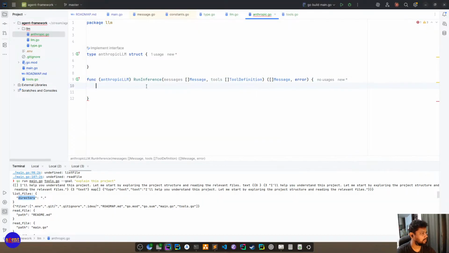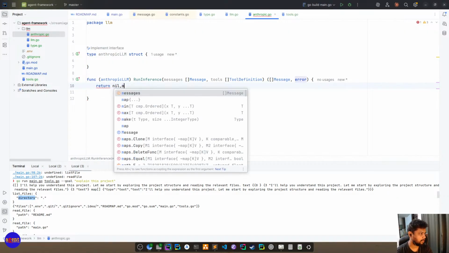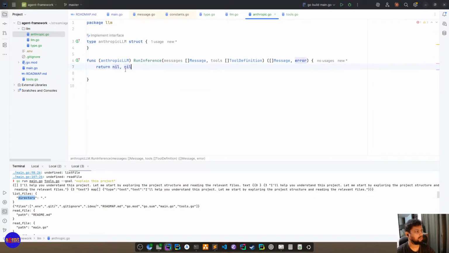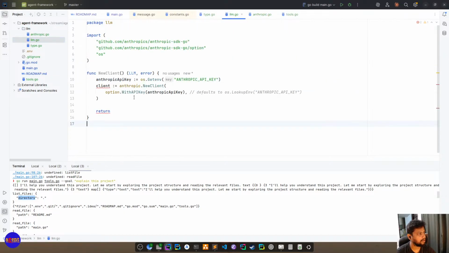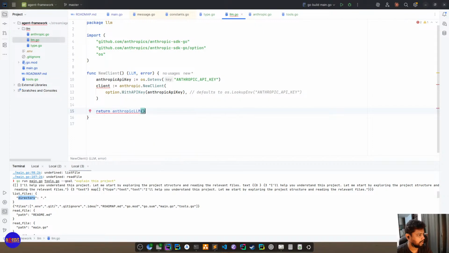So with this, now we can just say nil, it doesn't pose any error, and for now new client will just return Anthropic client.